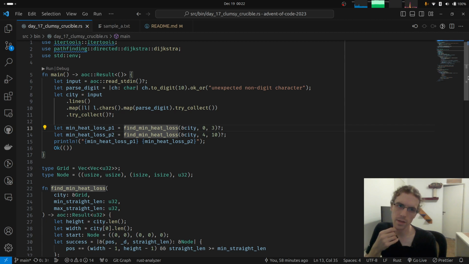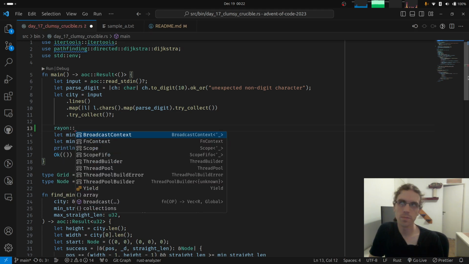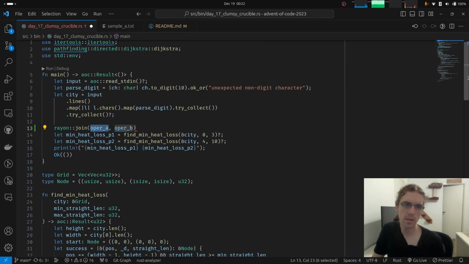So this thing has results. Yeah. Let's try to do a rayon. What is what I want? Join? Yeah. Join takes two operations, and the two operations are basically part 1 and part 2. That is what I want to parallelize.